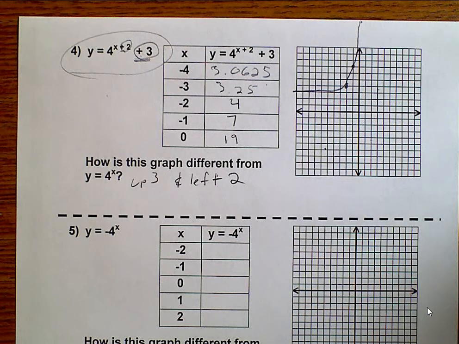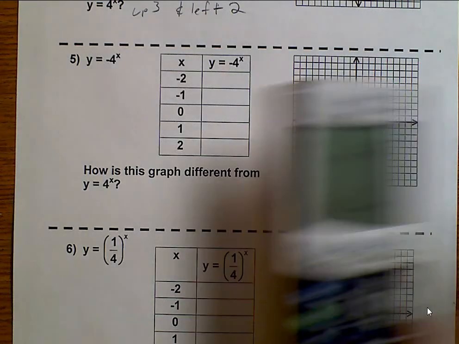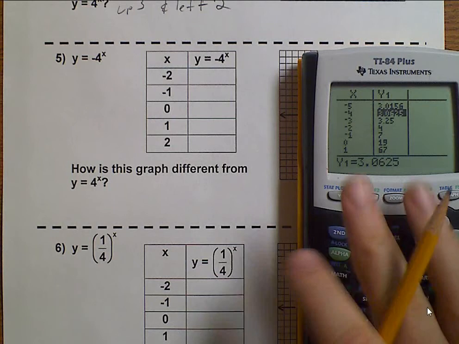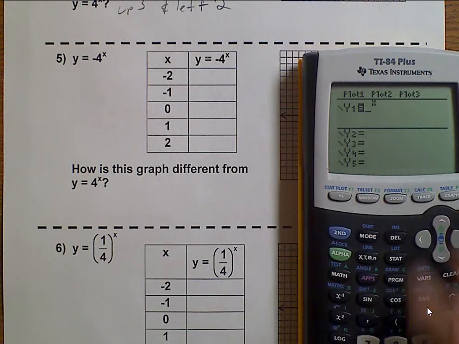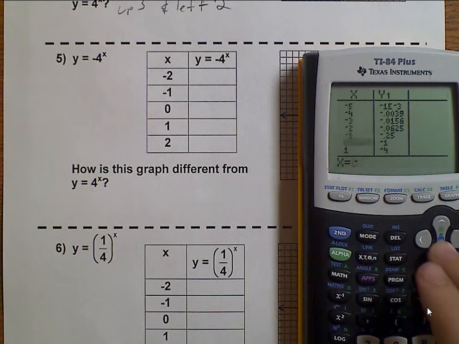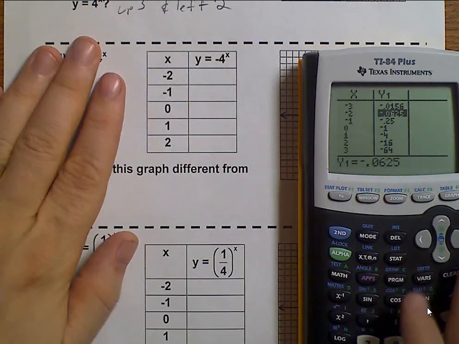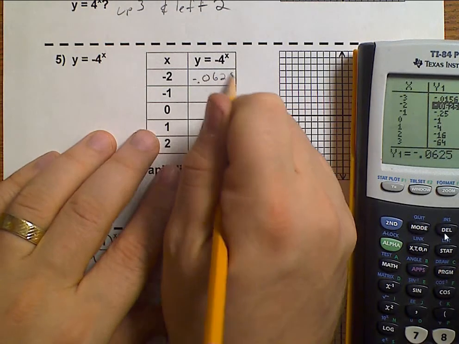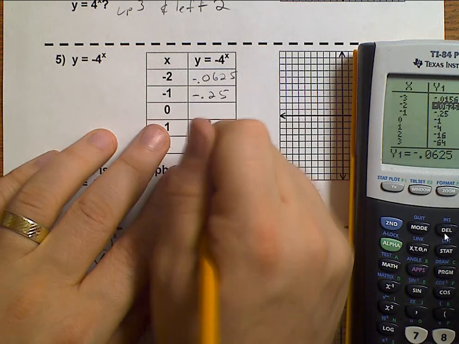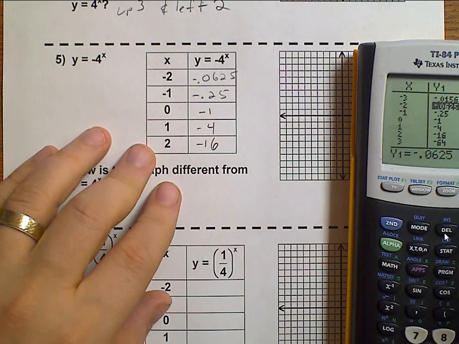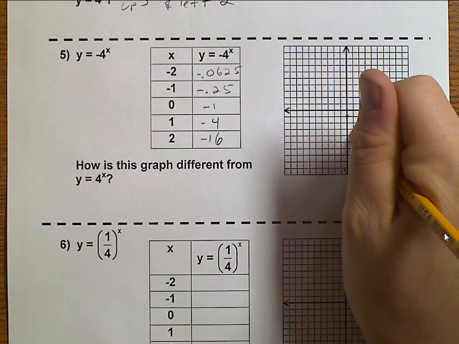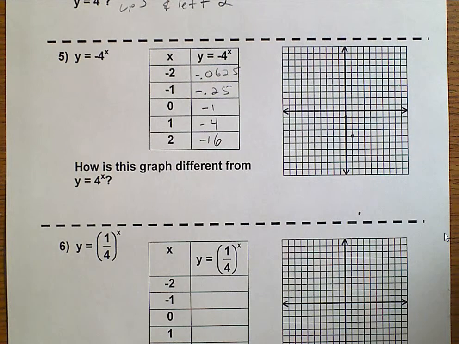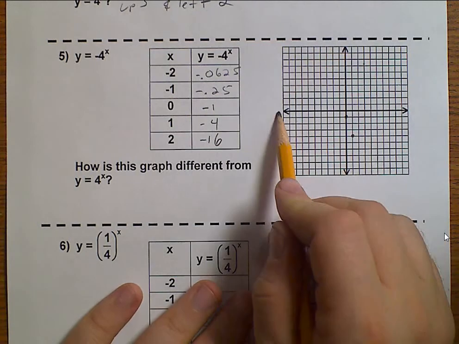Well, let's look at something a little bit different. Let's go ahead and take a look at example number 5. And here, what we've changed is not we've added or subtracted anything. We've said that we don't want this to be positive. We want this to be a negative 4 to the x. Let's go to our table, go back down to negative 2. This time it's negative 0.0625. Negative 0.25, negative 1, negative 4, and negative 16. So when we plot these, 0, negative 1, 1, negative 4, and 2, negative 16, we'll notice that it's just the same as it was earlier, but this time it is